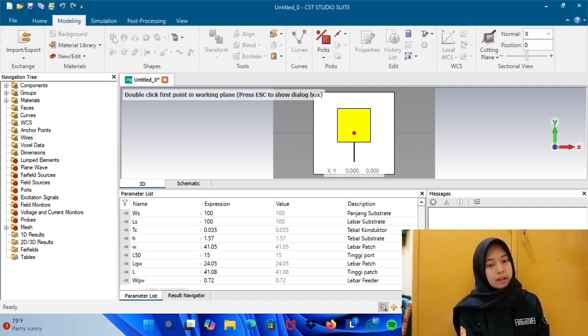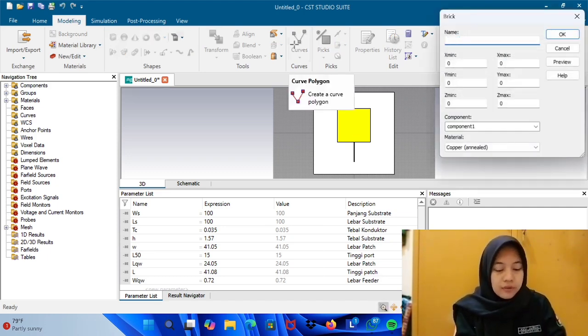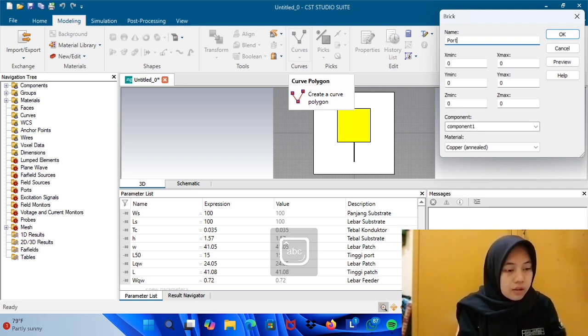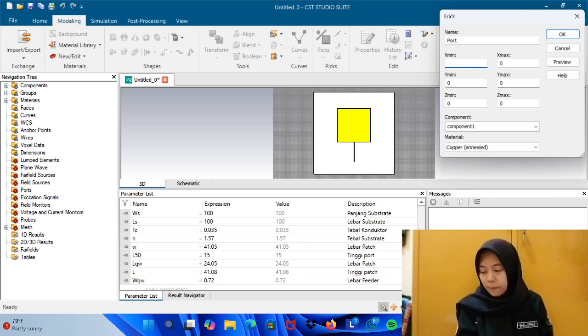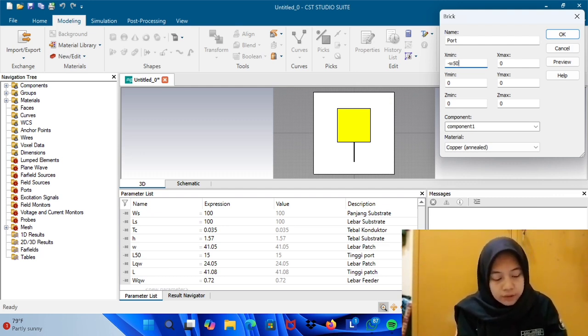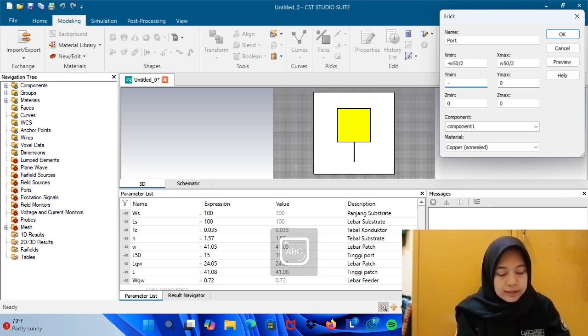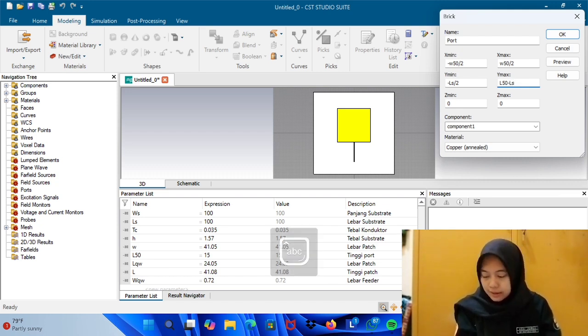You click brick again. You give the name port. You give values for Xmin, WQ/2, for Xmax WQ/2, and Ymin minus LS/2. Ymax L50 minus LS/2.